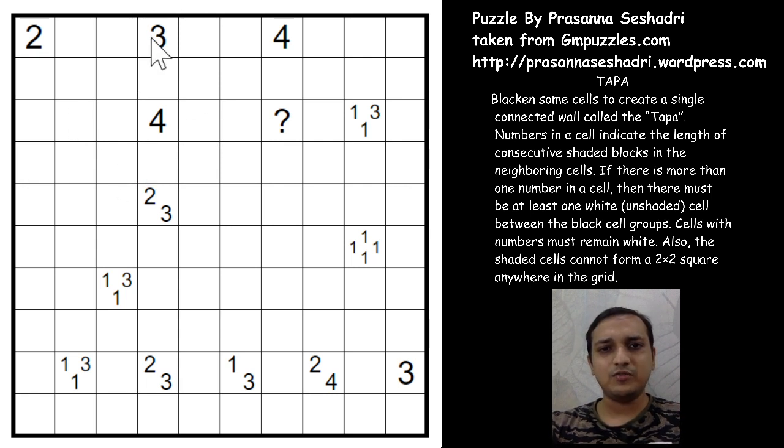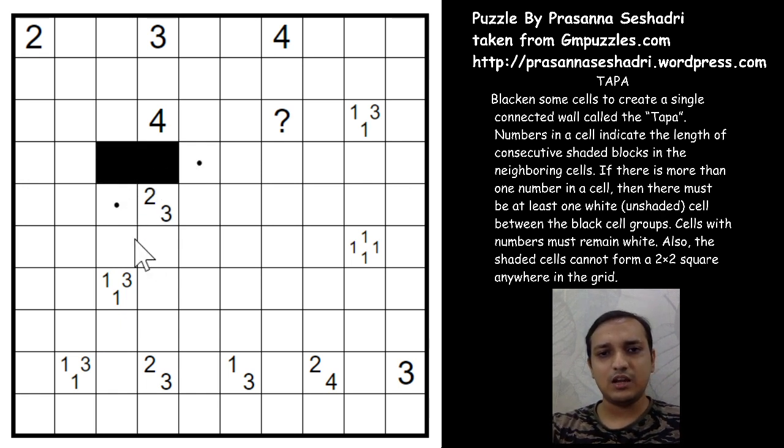So for example, if you have 3 out of these 5 cells, 3 continuous cells will be shaded black and the other 2 will be white. So what happens if you have 2 numbers or 3 numbers? In that case, between the groups of shaded cells, you will have at least one white cell to differentiate between the groups of continuous black cells. For example, if you have 2 and 3, 2 cells are shaded black and the other 3 cells will be shaded black, but you will have white cells in between to differentiate those 2 groups of cells.